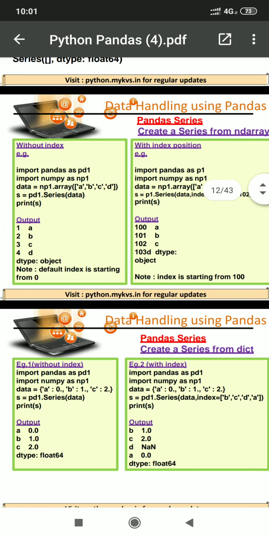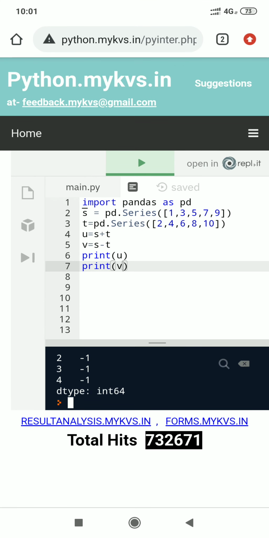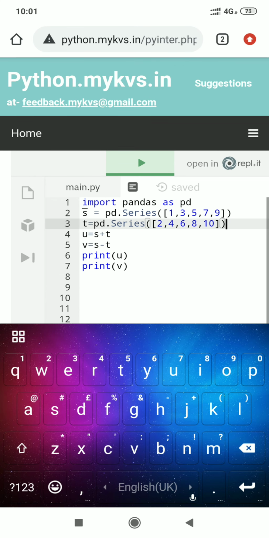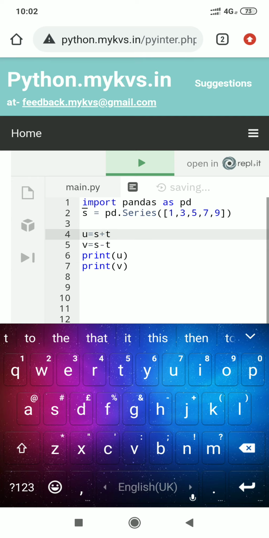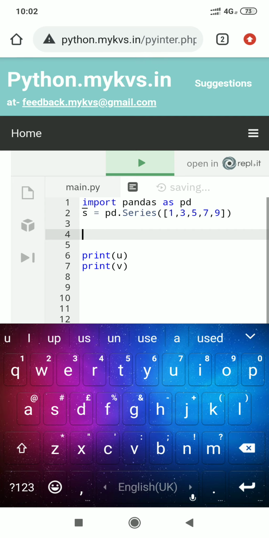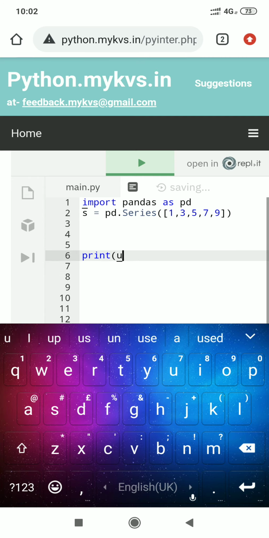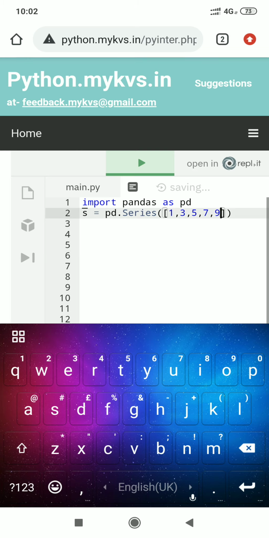Now students, you are familiar with two methods to create a series, one with a numpy array and another with a list. Here I am trying to write a program with indexing. Here I am directly passing the list elements, then a comma.